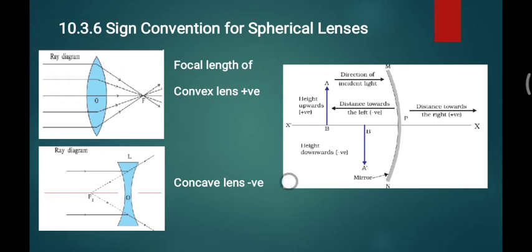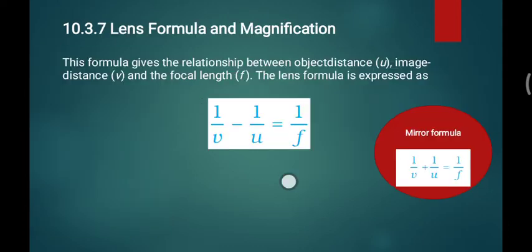Is it okay? Okay. So now we go ahead, using this scenario of sign conversion, to find the calculations. Before going into the details of the calculations of the examples, we have to know about the lens formula, as we saw the mirror formula. The formula which is applicable to all image formation using lenses. So what is the lens formula?